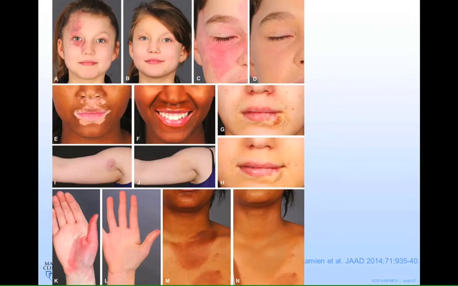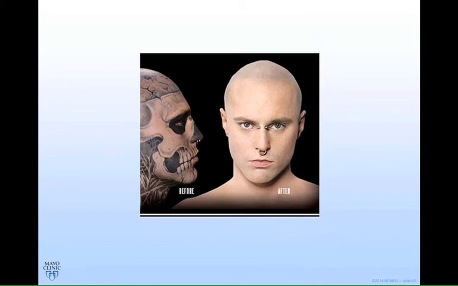This is from an article that looked at kids, mostly girls, that had different skin conditions. And you can see a port wine birthmark here, a capillary malformation. And you can see that cosmetic cover-up can actually really help cover up these areas, make it really blend in with the other skin. And I like to show this picture because this is a commercial from one of these companies that sells these products. This is what this man's skin actually looks like, and with the cover-up, this is what he looks like. So it's really quite dramatic.